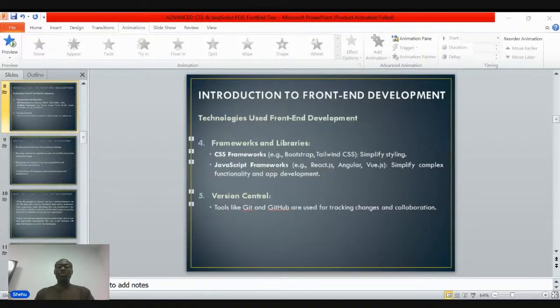So now let's look at the responsibilities in front-end development. So one of the responsibilities in front-end development is building and maintaining web layouts and design. Like we mentioned earlier, it's building and maintaining web layout designs. Second responsibility